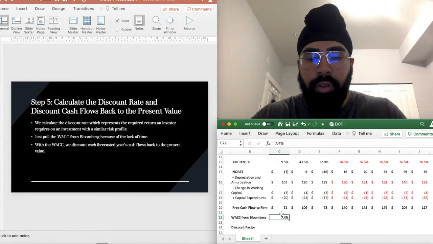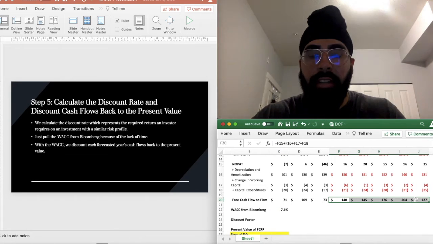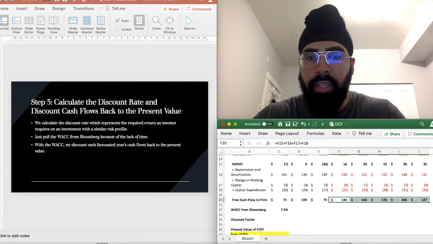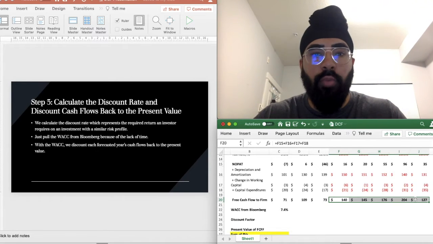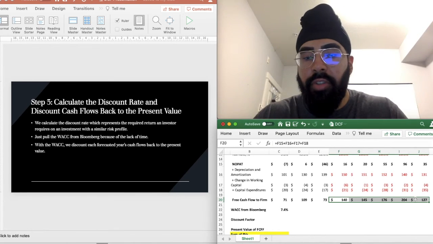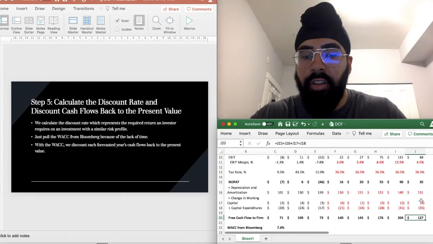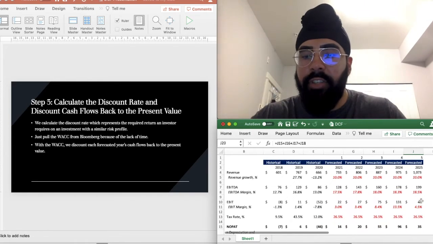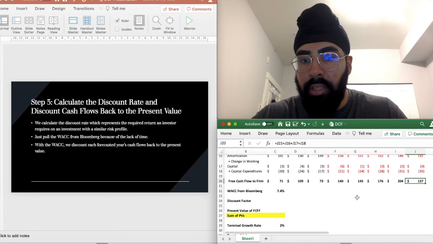And then once we have this number, we want to discount these forecasted cash flows back to their present value. So this is where the time value of money concept comes in, where money today is worth more than money tomorrow, essentially, because money today you can earn interest on it, but money tomorrow you won't be able to earn interest. And we just need to bring these numbers back to their present value and see what something like $127 million in free cash flow in 2025